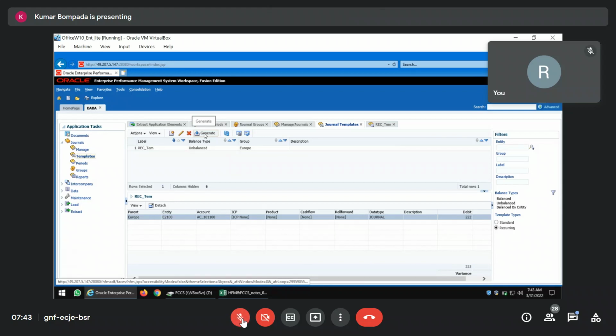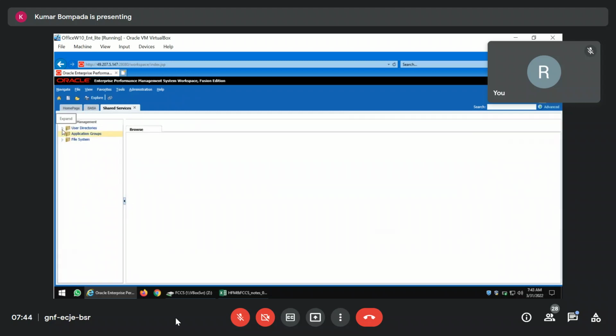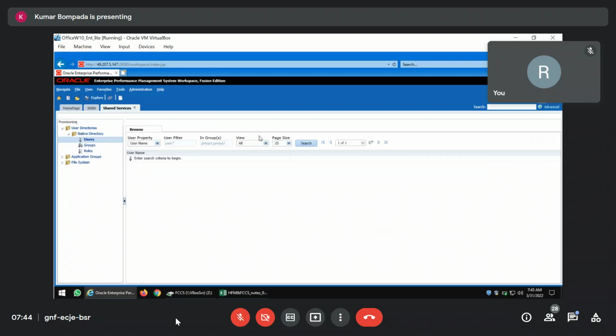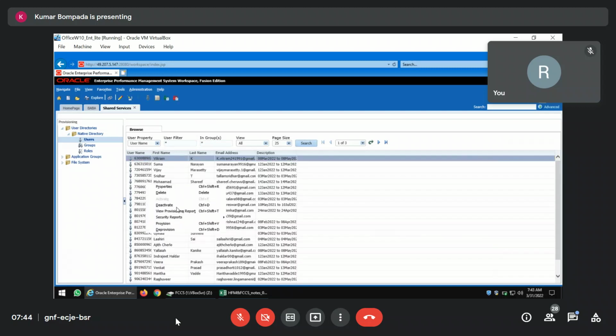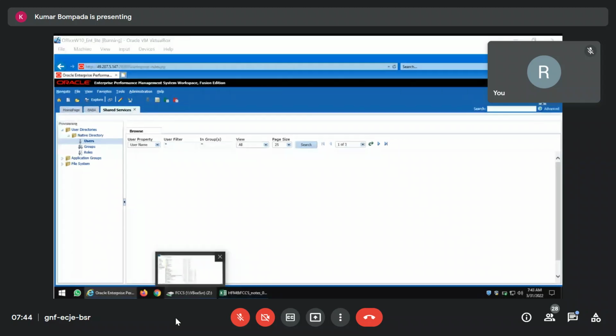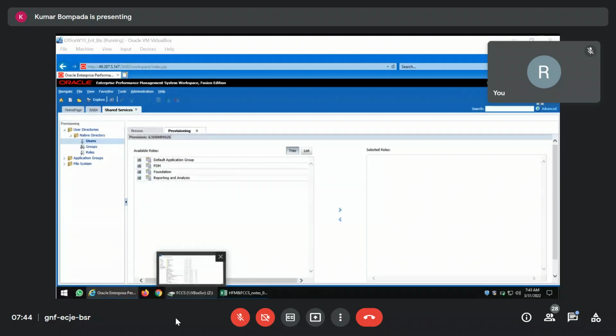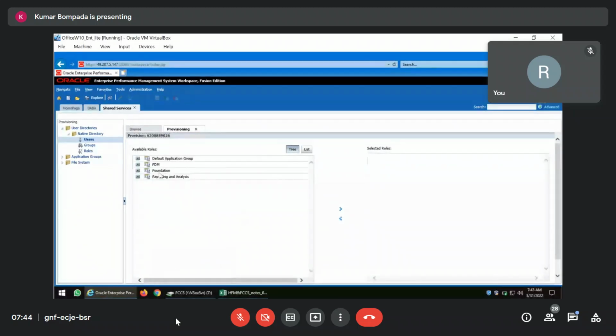Clear? So recurring template, normal people cannot do this one. Only the person who has a generate right. So when you go to shared services, roles, right? There is a separate privilege given for generate. See? So as admin, right click, provision, expand